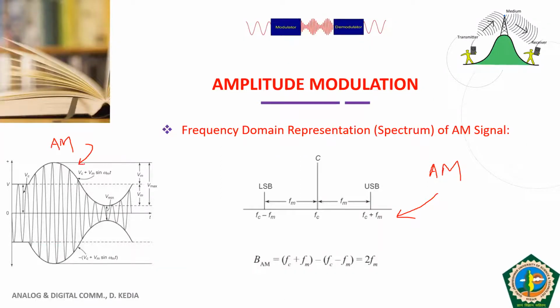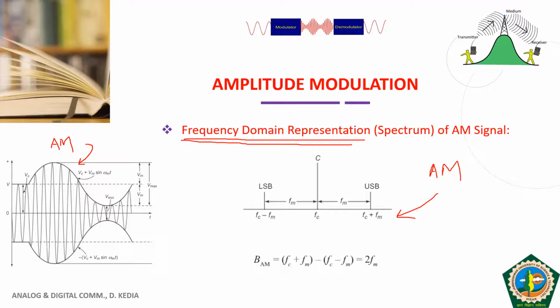signal? They are different because we are looking at the same AM signal from two different eyes. Say, in normal life also, if two people look at the same person, they will look at that person with a different viewpoint. But by looking at the person from two different viewpoints, does it change the person? No, never. So similarly here also, students, I want to tell you that time domain representation and frequency domain representation